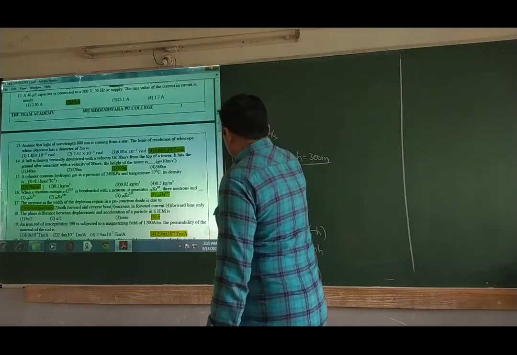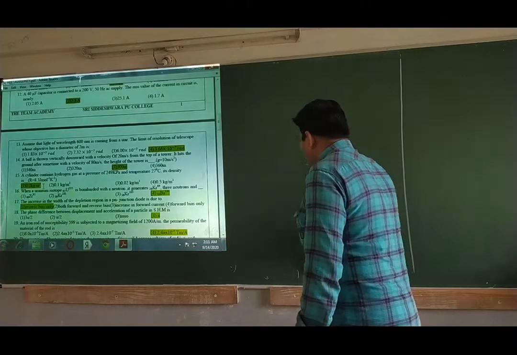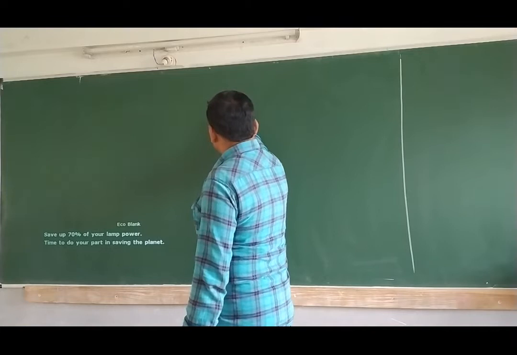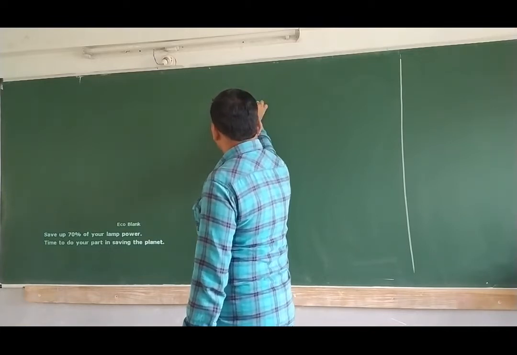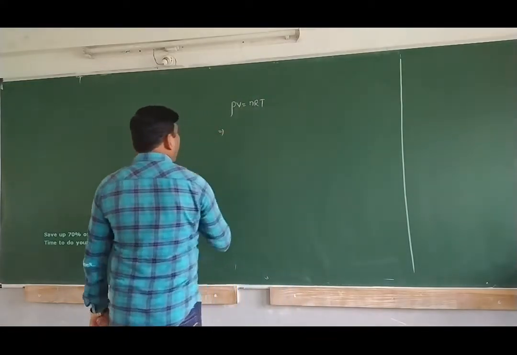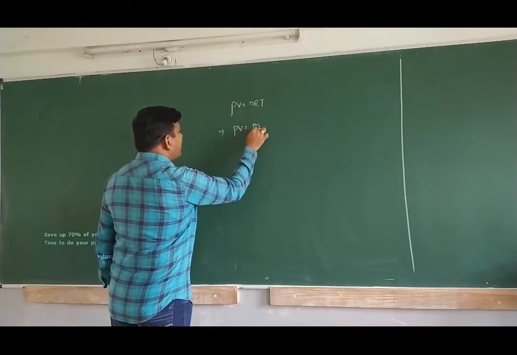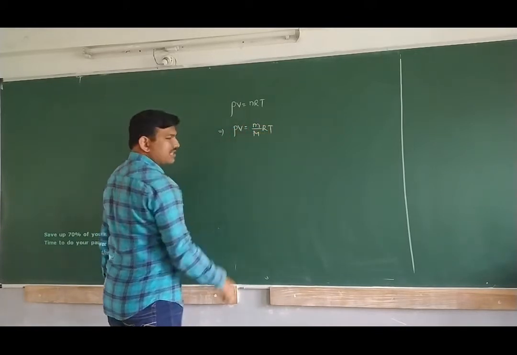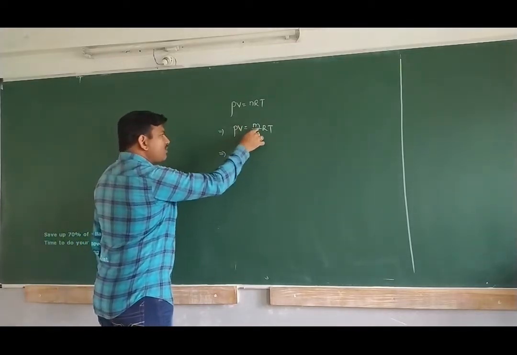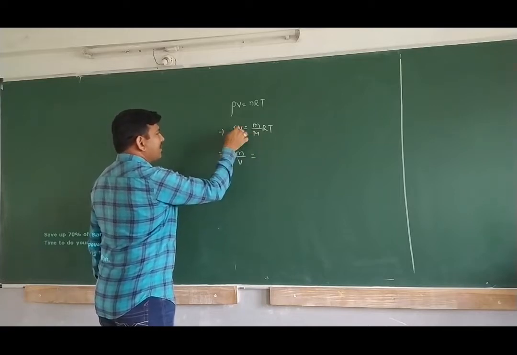Okay, look here. So pressure is given as 249 kilopascal. They have given temperature 27 degrees Celsius. Now, we know that PV is equal to nRT is the basic formula for the ideal gas equation. I want to calculate the density. So pressure into volume is equal to mass by molecular weight into RT. I can write number of moles as mass by molecular weight. What is my requirement? Density. Mass by volume is density.